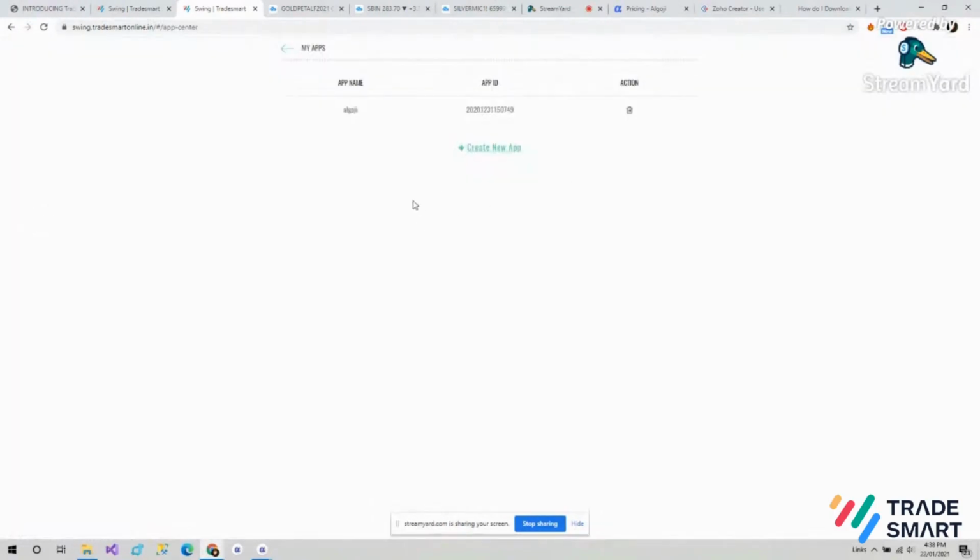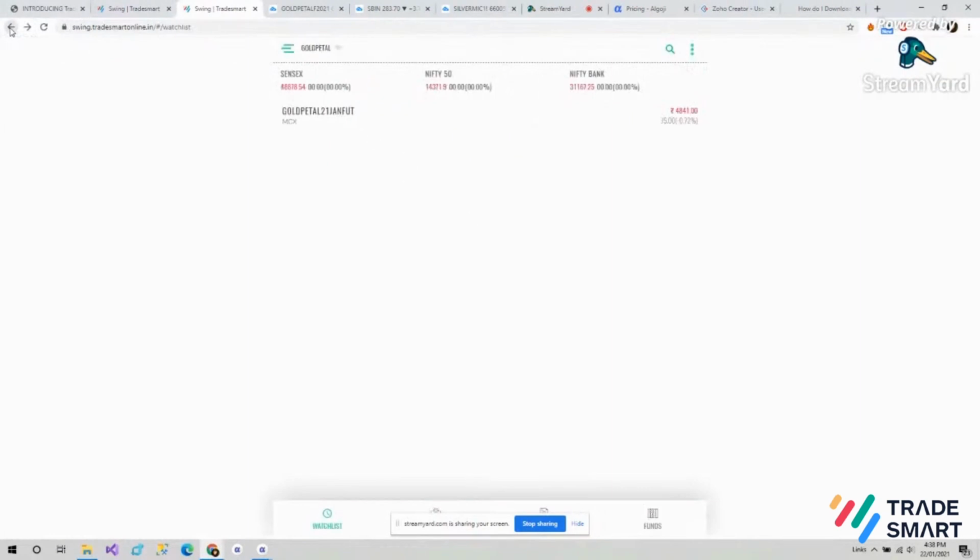So when you'll click on App Center, you see here I have already created API credentials, but for the new users of API Bridge, you'll have to click on Create New App. And when you'll click on Create New App, you'll get the credentials.